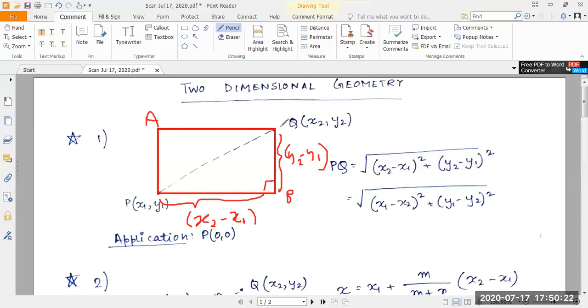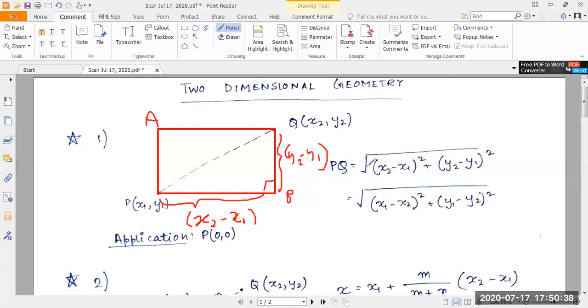We could have also drawn just a right angle triangle instead of this rectangle, but what happens is the concept becomes a little unclear. So I drew a rectangle first, and then I considered half of it, which becomes a right angle triangle.